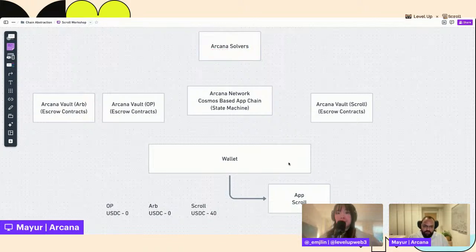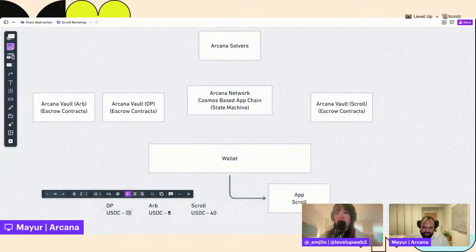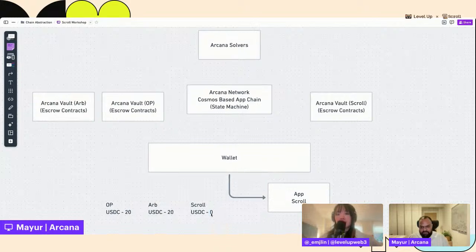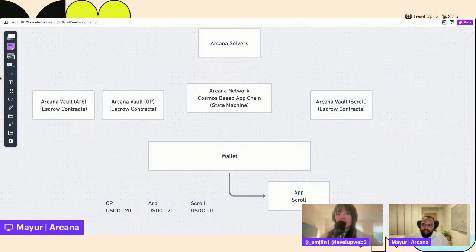Now if we go back to the original state where this user has 20, 20, and 0, when the user needs to actually spend, let's say, this 40 USDC, we call that intention for the user to spend an intent.